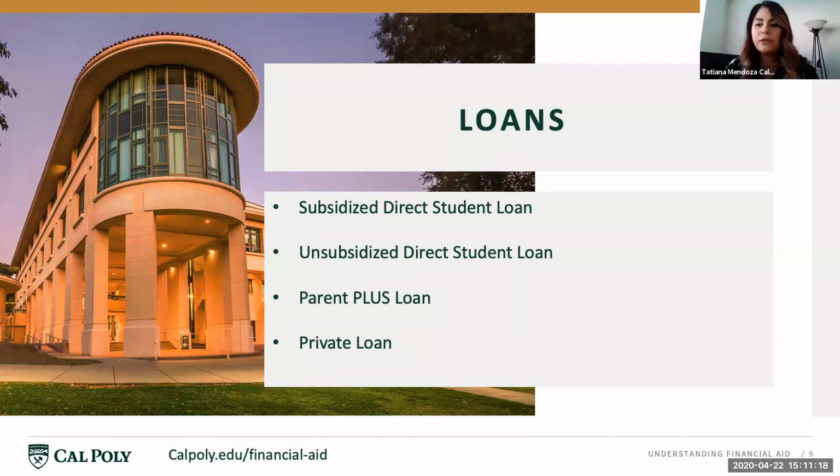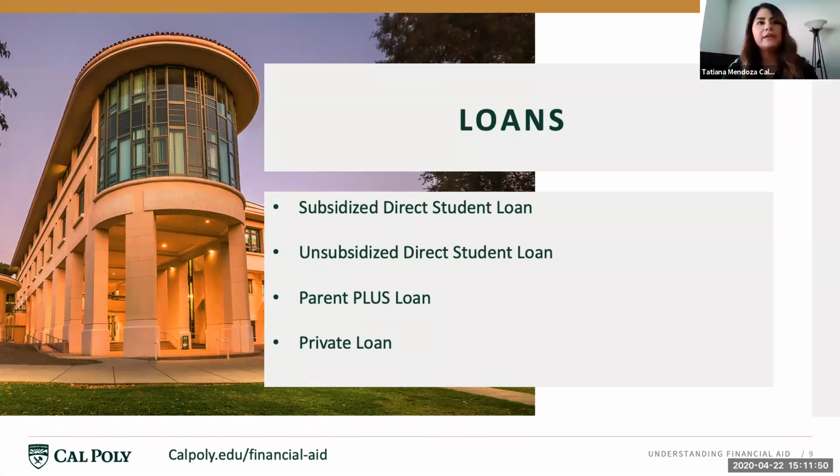Okay, so I know that you've been talking about the Parent PLUS loan just now. What if a parent doesn't want to apply for a Parent PLUS loan at all? Yeah, that's a great question. A lot of parents may want the student to take more responsibility for their education through loans. Students can consider applying for a private educational loan. These loans would be in the student's name with a parent or another supporter as a cosigner. On our website, we do have a tool that helps you search for private loans.